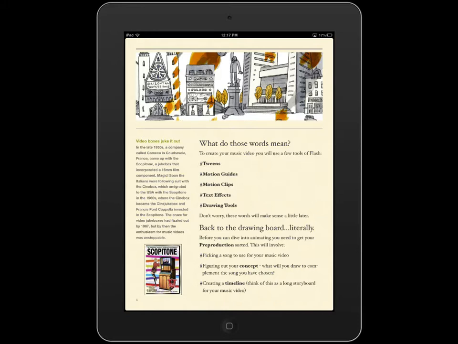So this is what we're doing today. We're going back to the drawing board quite literally. This is all pre-production. Anyone know what pre-production is? It's in the words. Stuff you do before you do it. It's like planning before planning. Pre-production is all the work that goes into a movie before you film the movie.